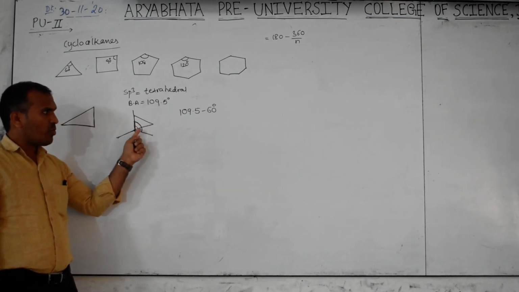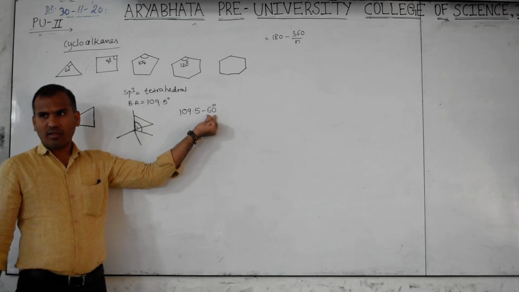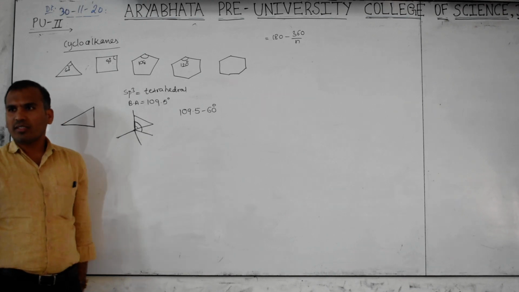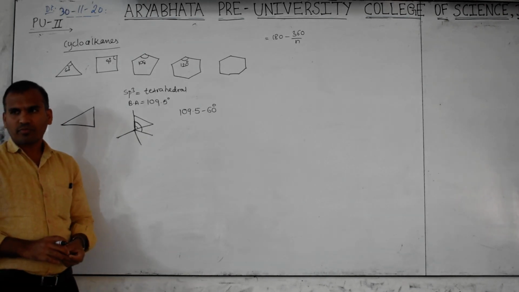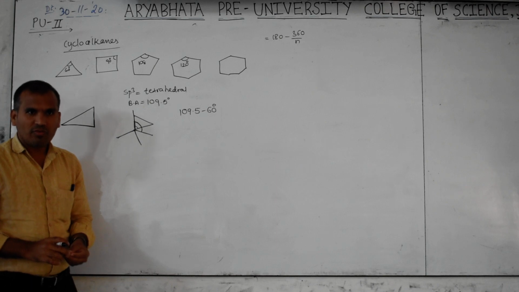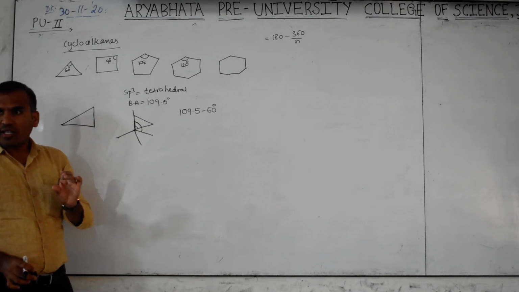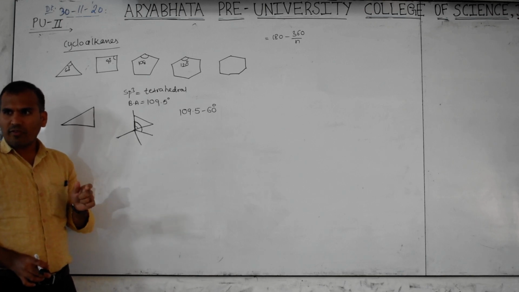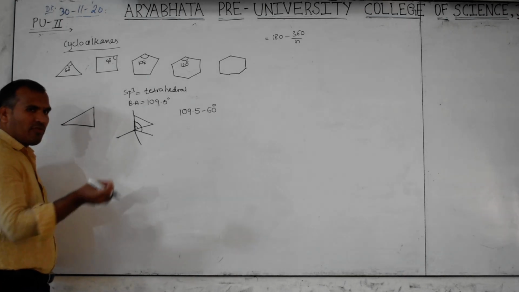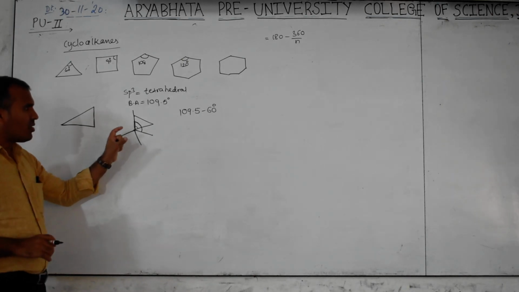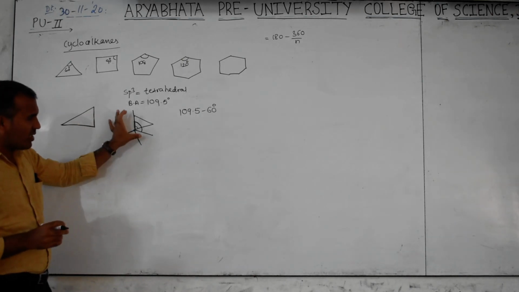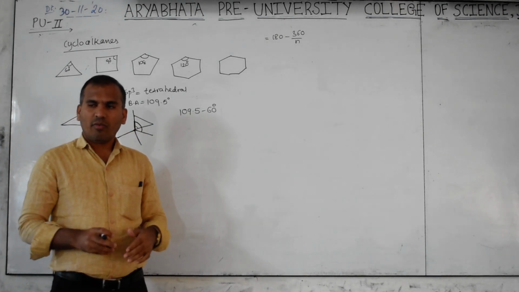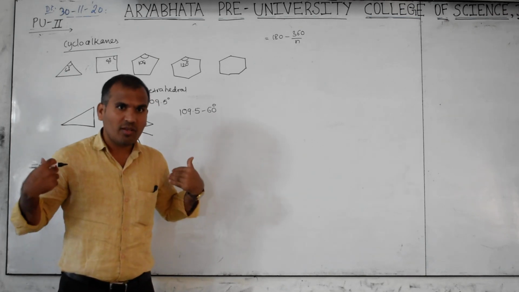But in this cyclopropane, how much is the valency angle? When sp3 is there, this much angle is compulsory. But cyclopropane has 60. Subtract the value. How much? 49 something. So that much deviation is called angle of deviation. The amount of deviation we will also calculate with a formula. But keep in mind, it should be tetrahedral, with no strain. Got the point? When the angle is less, strain is more.